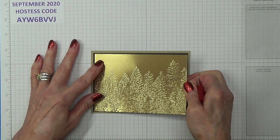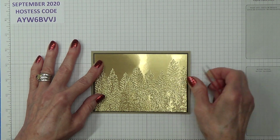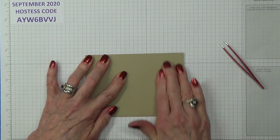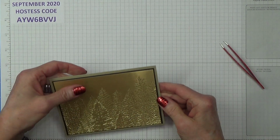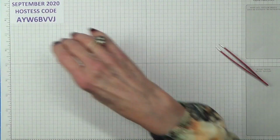And since I did my video, I've also found that you can use a white gel pen to put the stars in the sky, or snow if you want it to be snow. Okay, so give that a good rub down. Okay, so that's good. I'm just going to pop it underneath there for the time being,